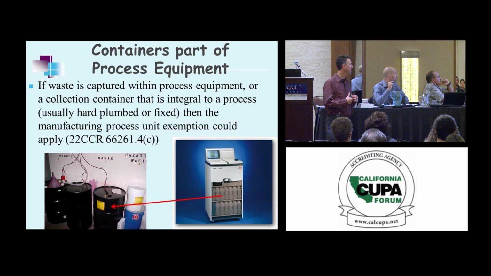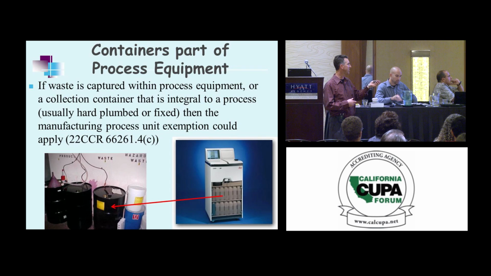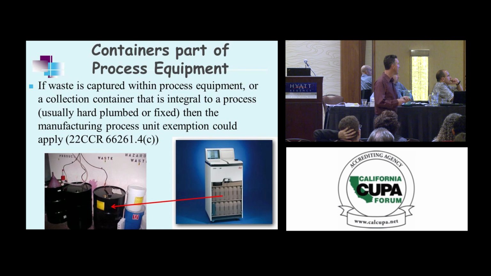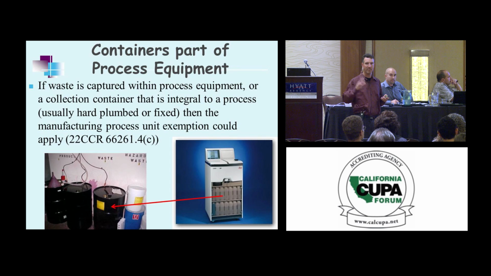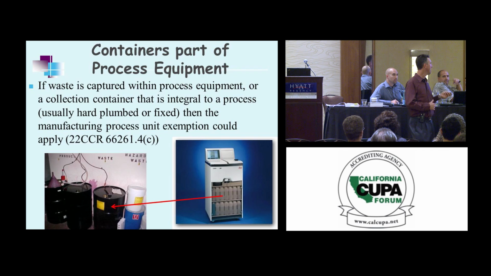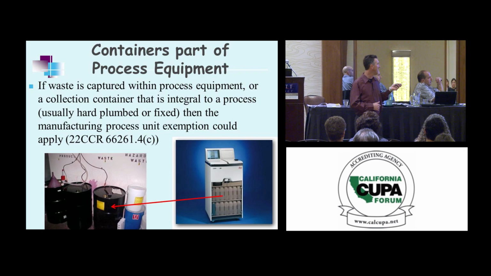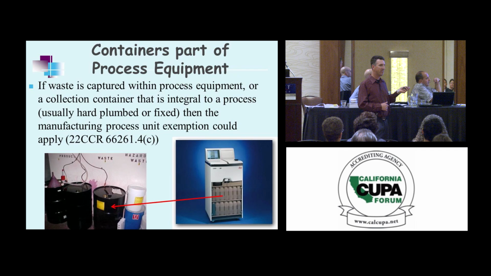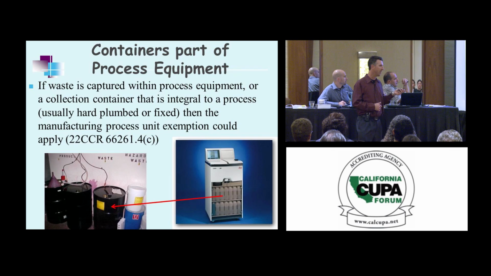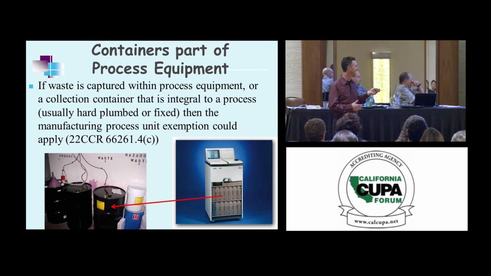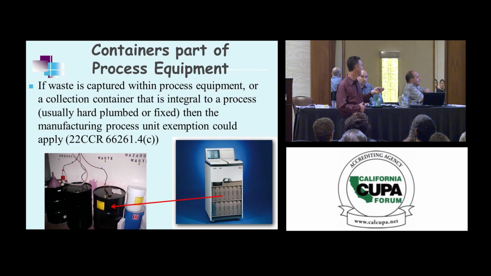Process equipment. Waste captured in here. I don't know what type of equipment. It's usually solvent type waste. It's all interconnected. Who here thinks that the manufacturing unit exemption should apply to this? Everyone? No? Would you call this container the point of generation, or when it leaves the process equipment? When it leaves the process equipment? So this is a manufacturing process unit, and I think you're right, there is a point of generation here, so it needs to be contained and managed, but it's not going to be fully subject to regulation until you remove it from this process. So,